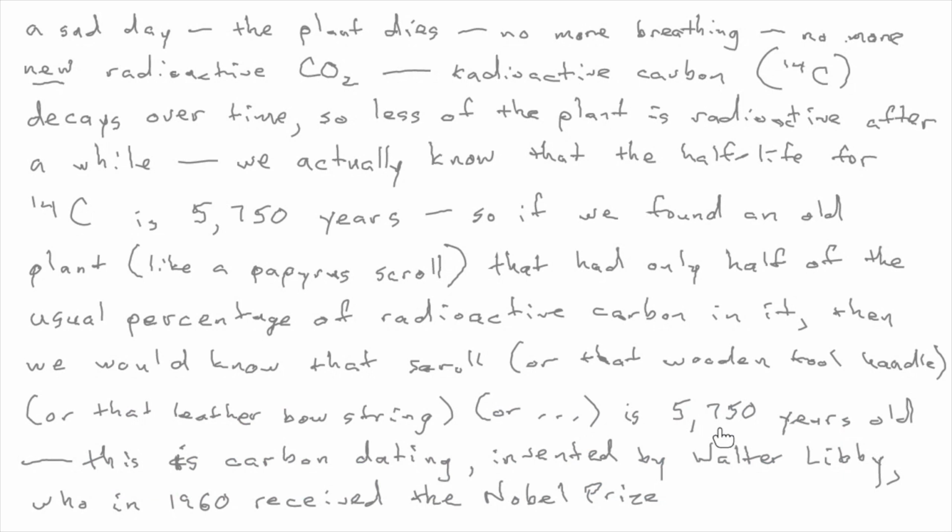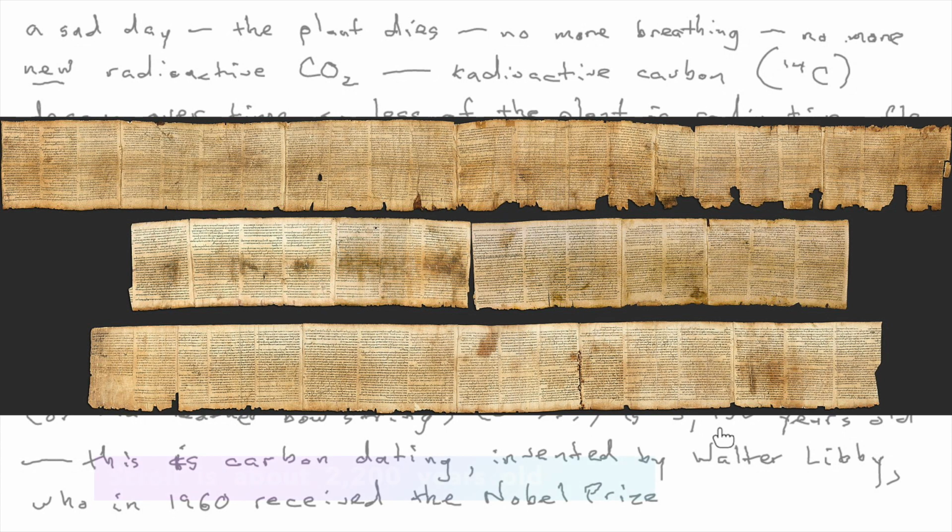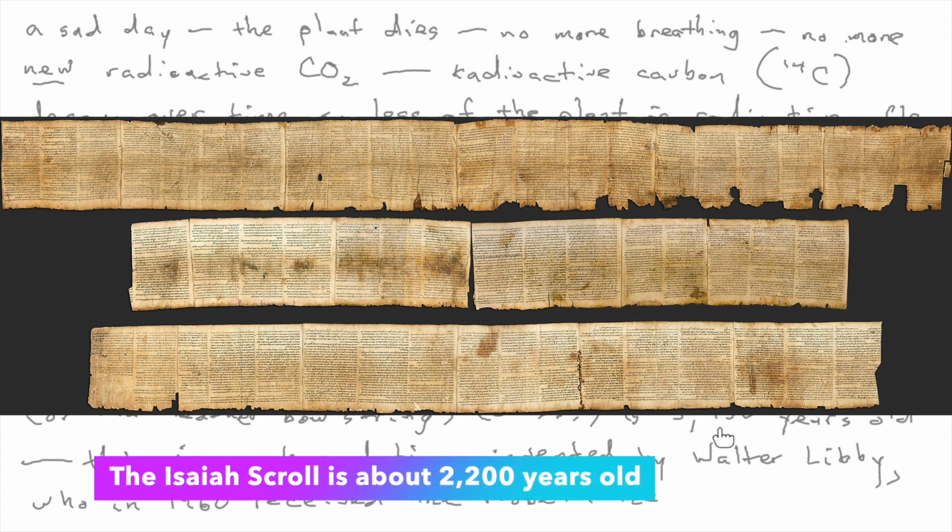But the Dead Sea Scrolls, the book gives an example. Example 5 talks about the Dead Sea Scrolls, some of which were wrapped in linen, right? And so linen, plant, very easy to do. Those are the oldest biblical manuscripts we know of. Yeah, they're very, very old. And they figured out the age with carbon dating.